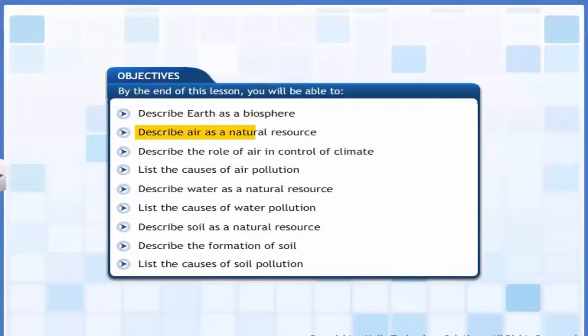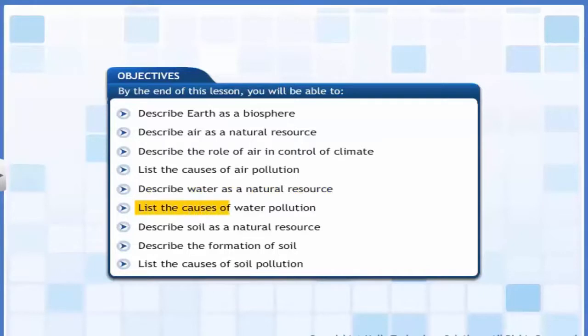describe air as a natural resource, describe the role of air in control of climate, list the causes of air pollution, describe water as a natural resource,